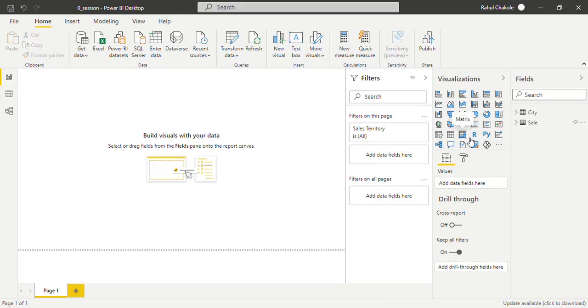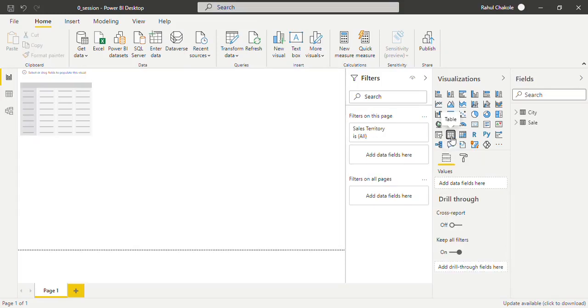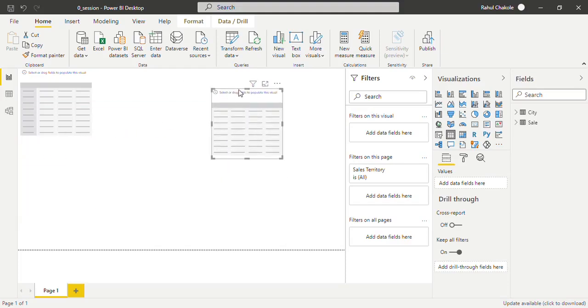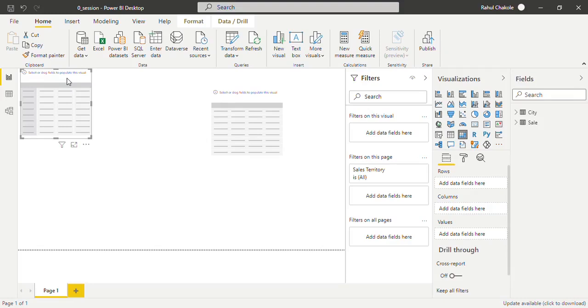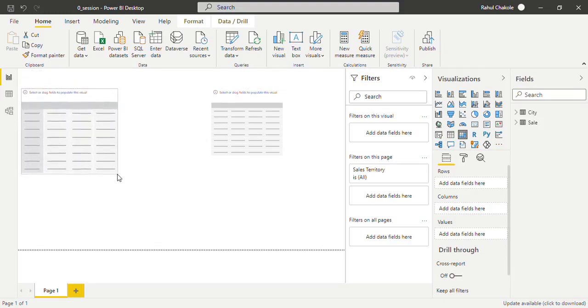So for the matrix table, we need to select this particular visual. This is the simple table, matrix table. So we are going to first compare these two. For the comparison purpose, first we need to check the facilities which are provided by the matrix table and the facilities provided by the